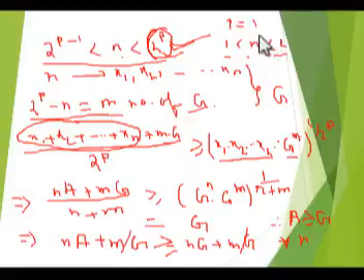n is a positive integer, and we have proved that this is true for n equal to 2. So at least n is equal to 2; we cannot take 1, because for one quantity this relation cannot be established. So we put p equal to 2 at least. If we put p equal to 2, then we will get 2 and here we will get 4. So n must be equal to 3. In this way, for any n, 1, 2, 3, 4, 5, 6, for any element, this relation is true.